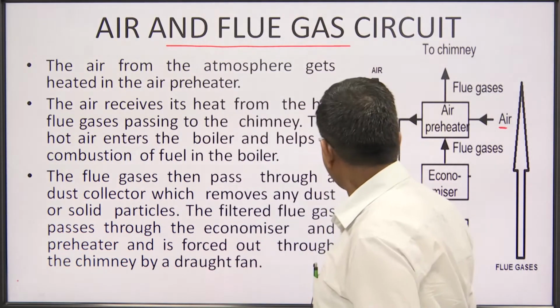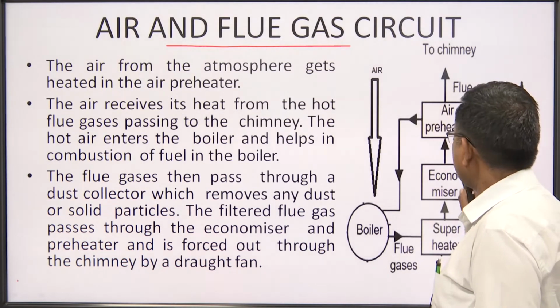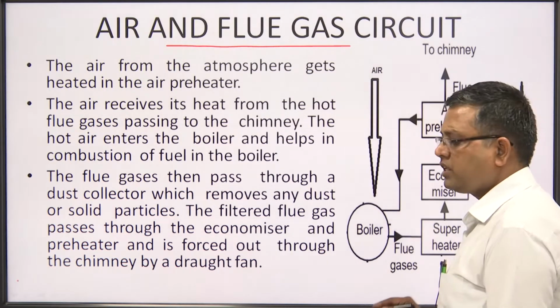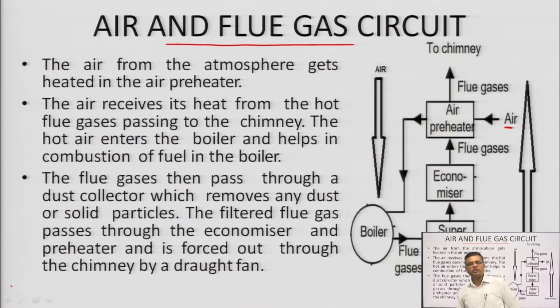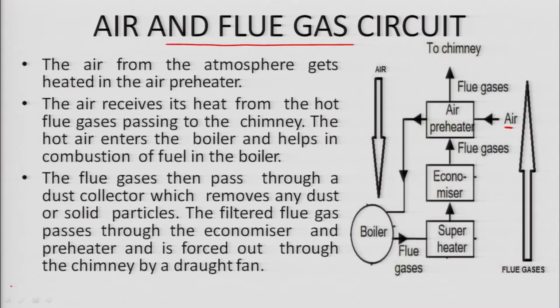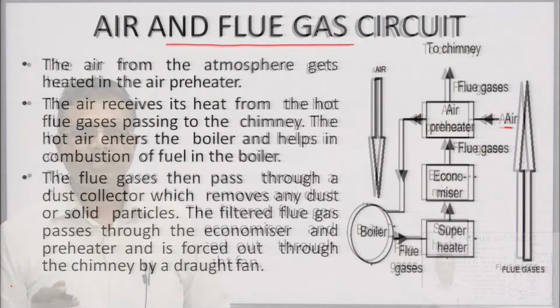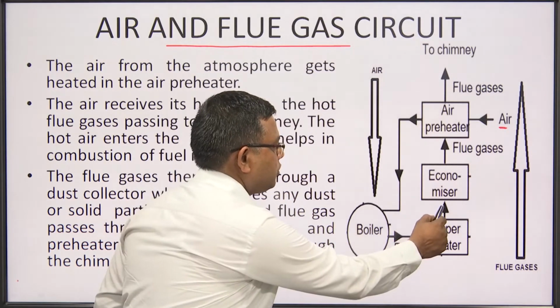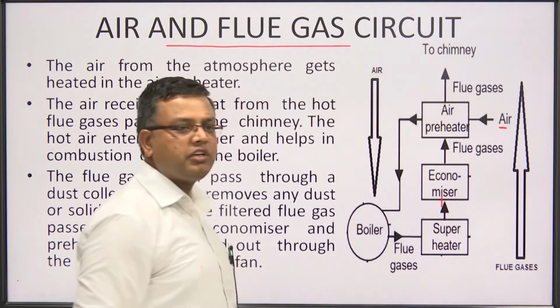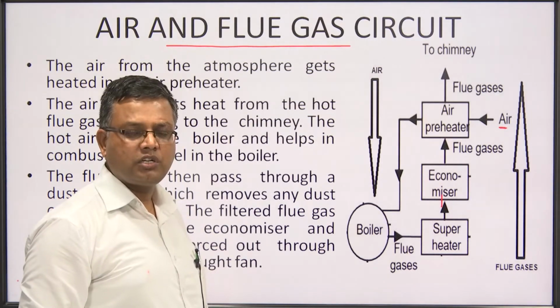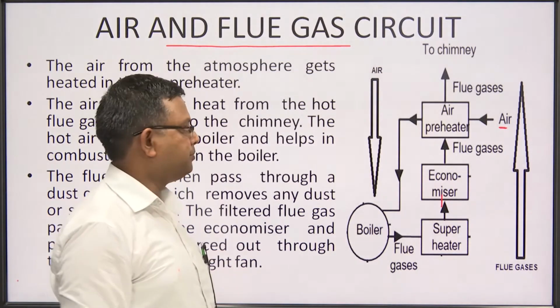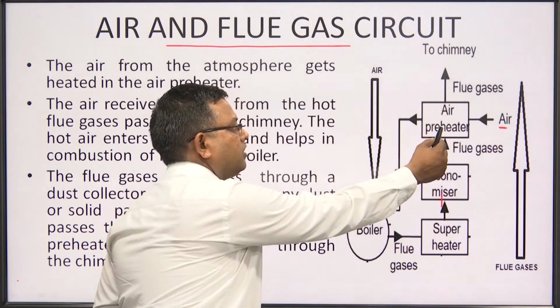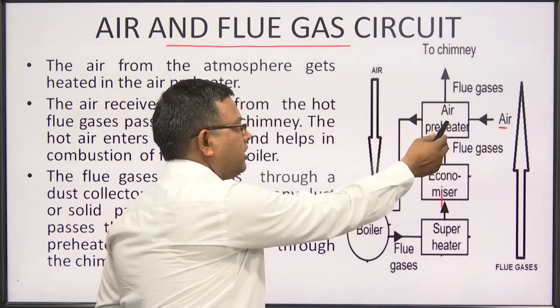You can see this is the first superheater, then economizer, then air preheater. See, the superheater is the accessory where we convert the steam generated into superheated steam. The advantage of superheated steam is that more work can be generated from it. Right. After passing through the superheater, these flue gases are passed through the economizer, where we heat up the water which is supplied to the boiler drum, and then we pass it to the air preheater, where we preheat the supplied air.